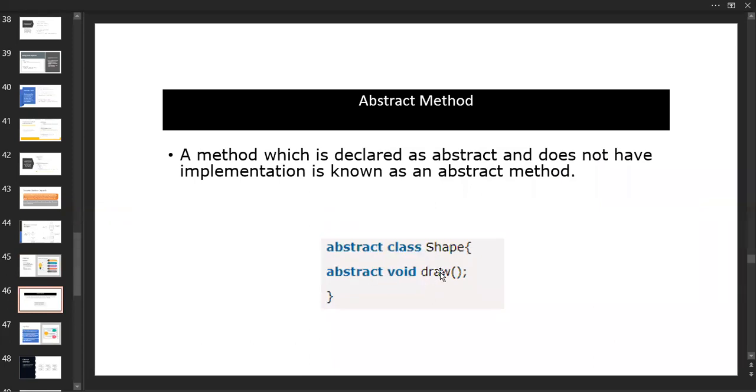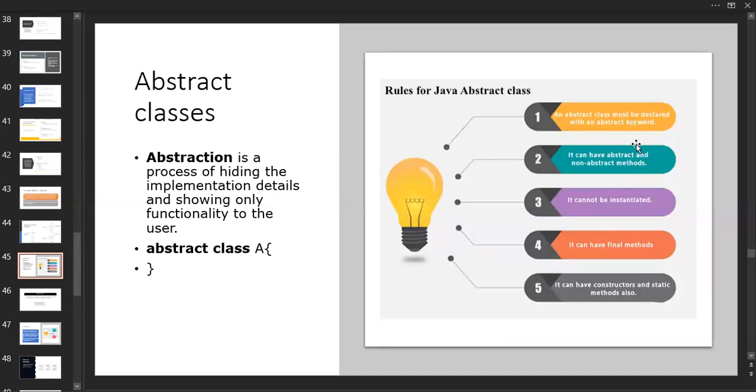This is an abstract method. As discussed in the second rule, it consists of abstract as well as non-abstract methods. Whether it is an abstract method or a normal method, we already know that. So the abstract class consists of both abstract and non-abstract methods.